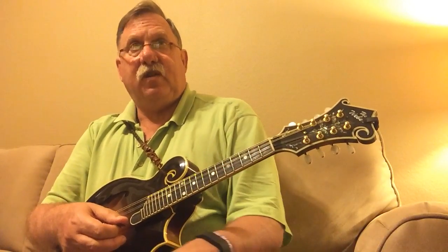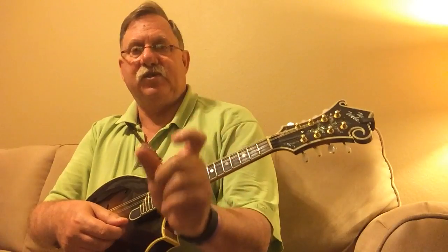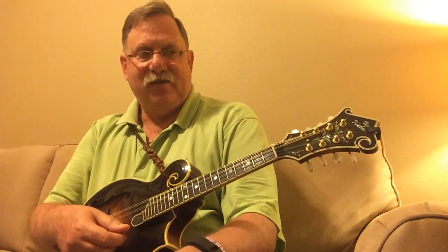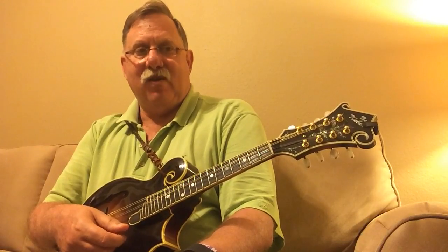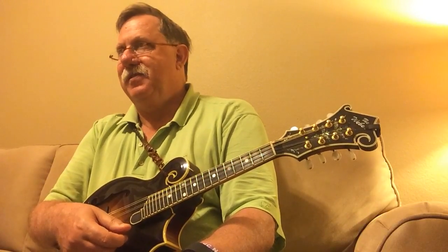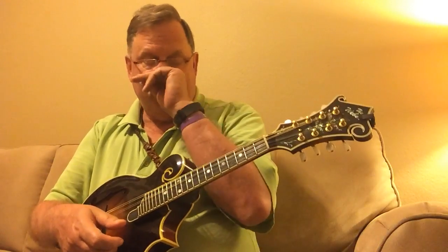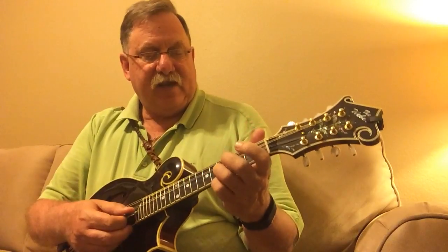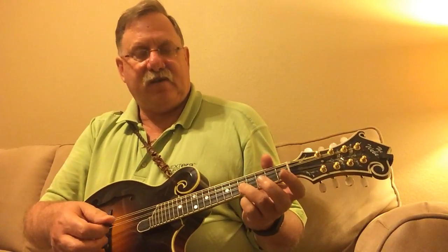Not all fiddle tunes, when we say A, A, B, B, do this. In fact, maybe a large percentage of them do not. The first A part is not the same as the second A part, so we probably ought to call those A prime, B prime. But in this case, the two A parts are the same and the two B parts are the same. So breaking this down, it starts on a D note, which is on the 5th fret of the A string,